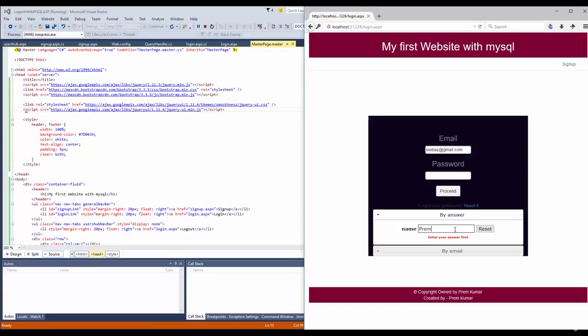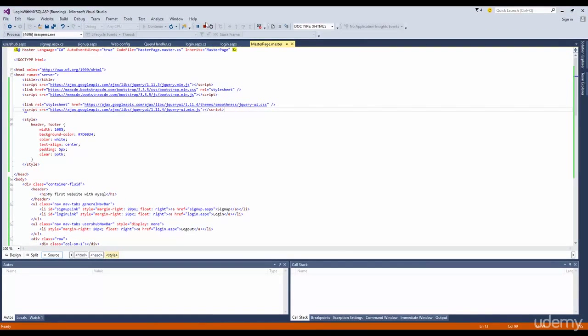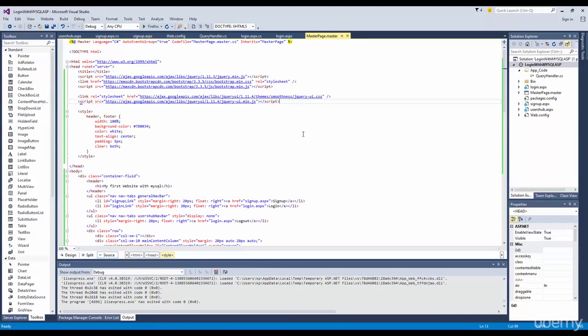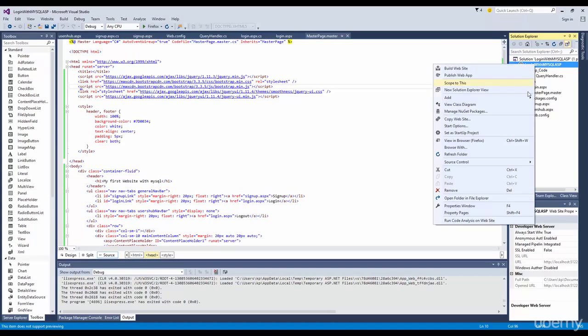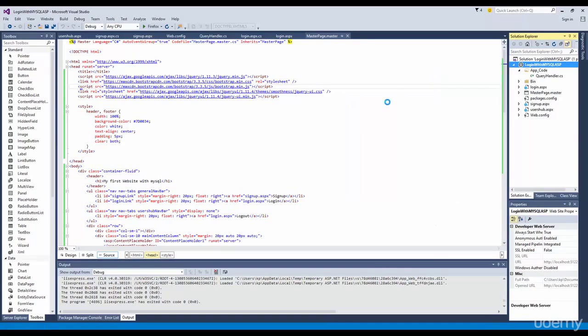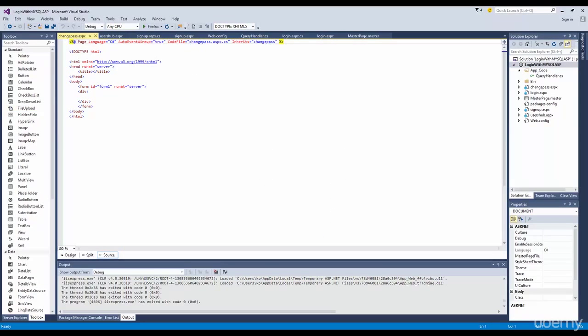If I enter prim, change path not found. So next thing is change path. So we'll design a page called change path, and the reason why it showed that not found will also suggest to us that it validated everything. So we'll go to user change path. Once you're there,